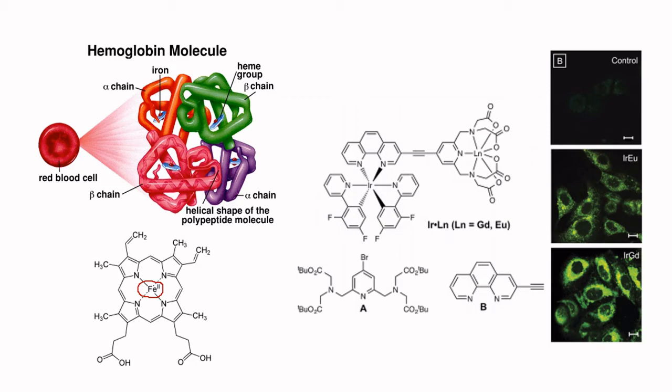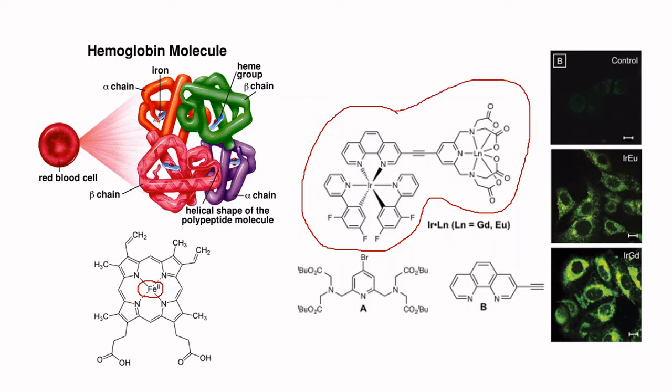Okay, there is another example, which is this compound. This is an iridium compound, iridium complex, and this is actually a polynuclear complex. It contains iridium metal and also the lanthanide here. So what this compound does is that it serves as